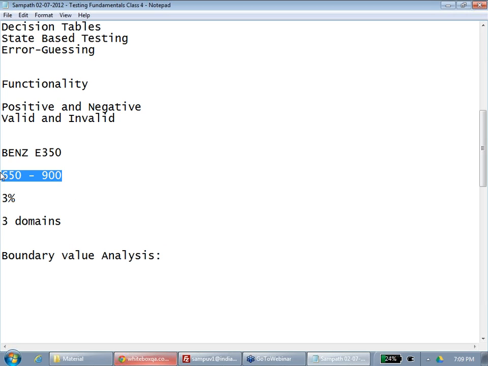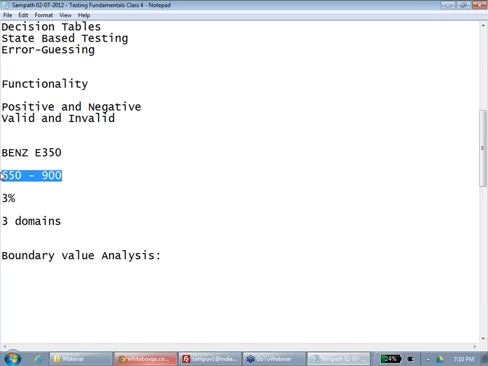What is the upper boundary? 900. Most programmers make mistakes around the boundary. They might write less than or equal to 650, or greater than, and the person might have forgotten the equal to, or written less than or greater than 649 or 650. So most of the bugs will happen around the boundary, so you have to always test around the boundary.